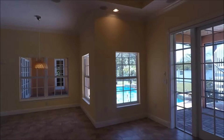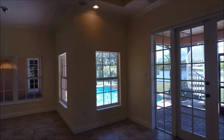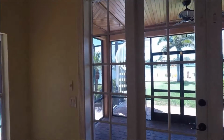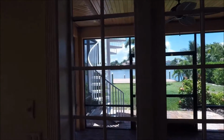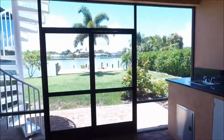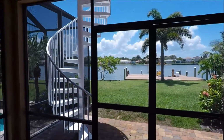As you come in from the garage into this living space, it just welcomes you in, and at least I can't help but keep looking out toward the water. It's just beautiful out here. Well, let's go out here, in fact. I was going to show you the pool through the window, but why not just take you right out back and show it to you